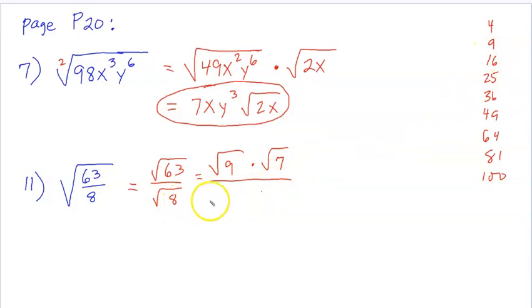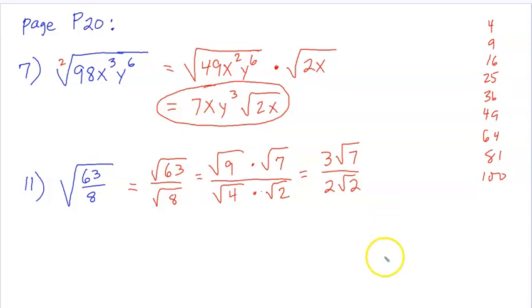It doesn't have a perfect square root, but I know that 4 does, and I can multiply the square root of 4 times the square root of 2. At least I can simplify this one, which helps simplify the original radical. Okay, so the top then becomes 3 times the square root of 7, and the bottom becomes 2 times the square root of 2. Now to rationalize the denominator, now we're not worried about radicals in the numerator, but in the denominator,